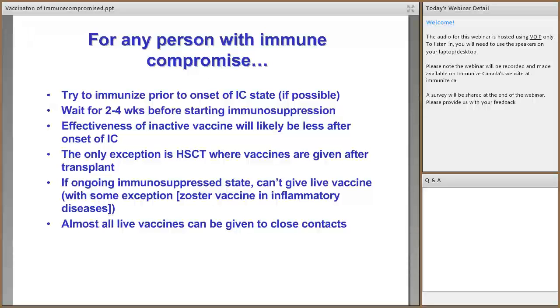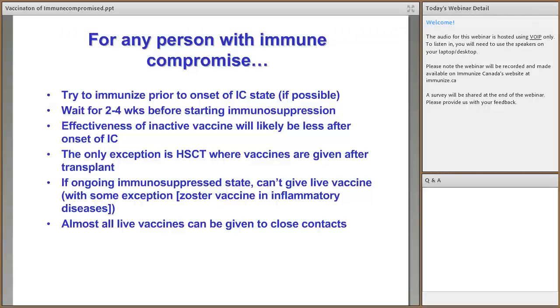And so, in summary then, for any person with immune compromise, try to immunize prior to the onset of the immune compromised state if possible. Wait for 2 to 4 weeks before starting immunosuppression to give the vaccines a chance to work. That's again, if possible. The effectiveness of any inactivated vaccine will likely be less after the person has become immunocompromised. And the only exception there is hematopoietic stem cell transplantation, where it's a naive immune system, so all vaccines are